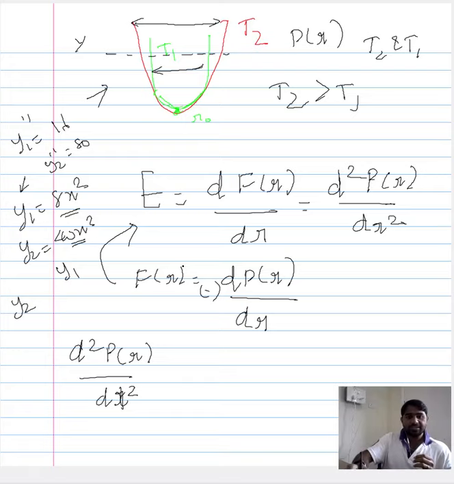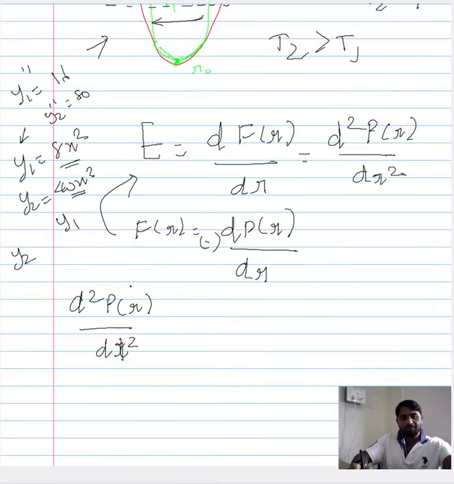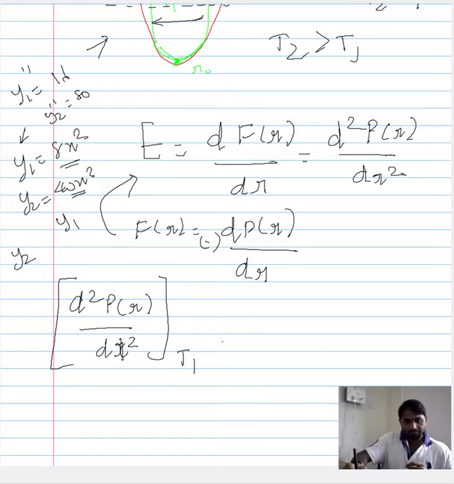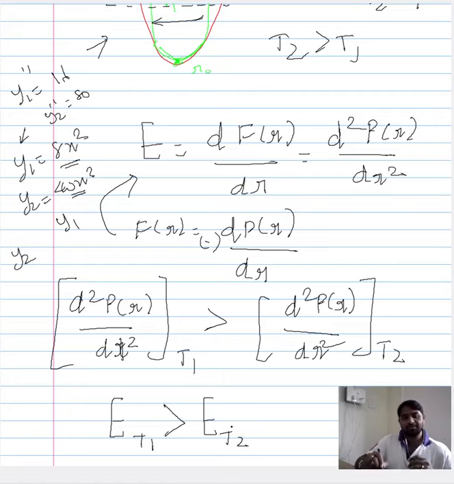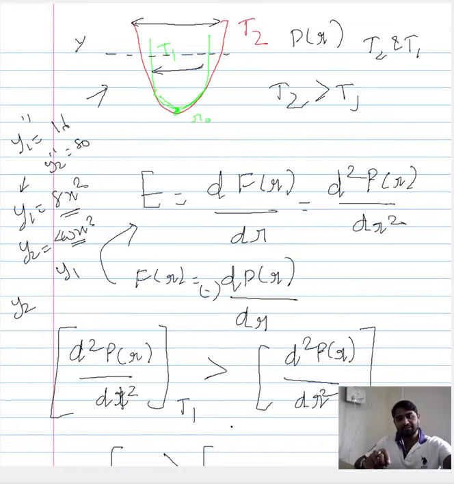So that would mean that the second derivative of the parabola of the potential energy function at T1 is greater than the second derivative of the interaction potential at temperature T2. That would ultimately translate to the Young's modulus at T1, the lower temperature, being greater than the Young's modulus at T2, the higher temperature. So we have now reached an understanding of the influence of temperature on the Young's modulus. We have arrived at it from two different perspectives.